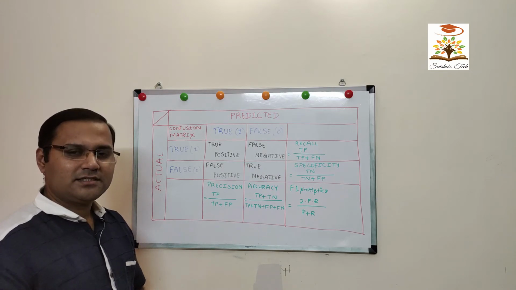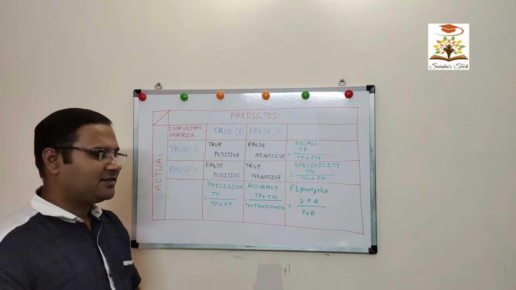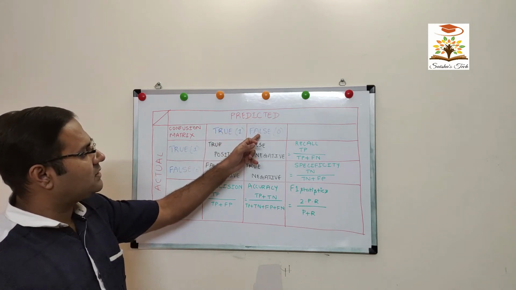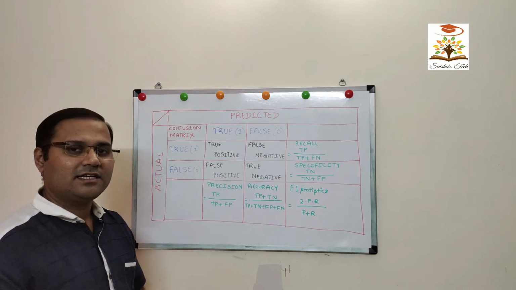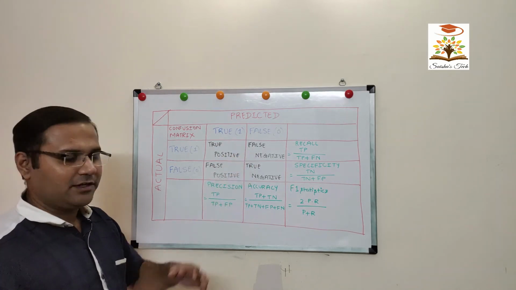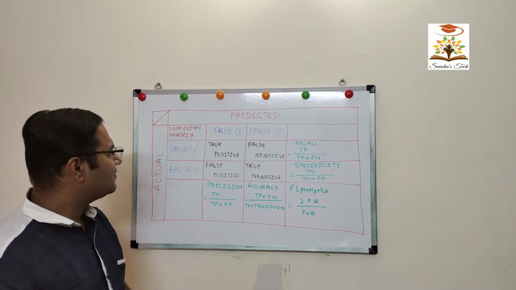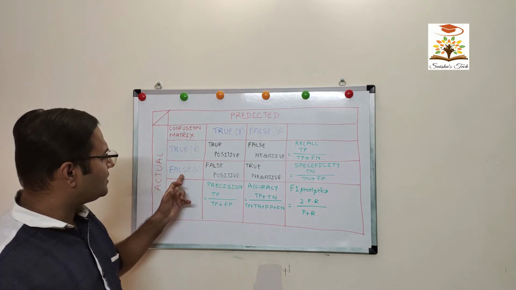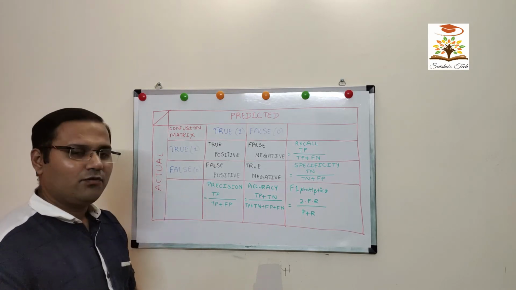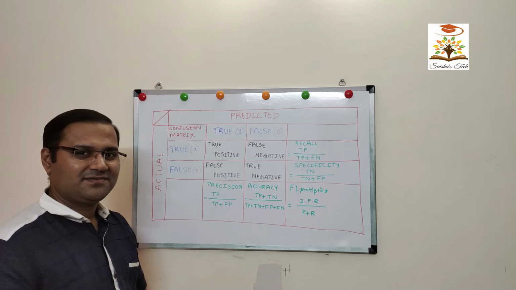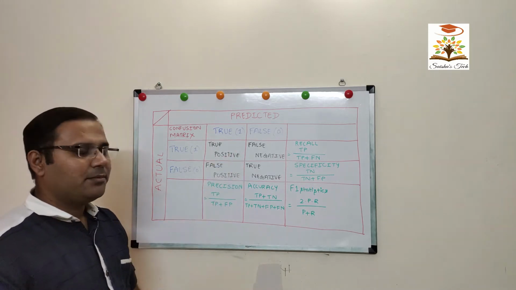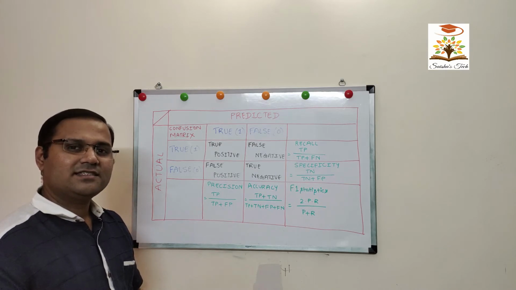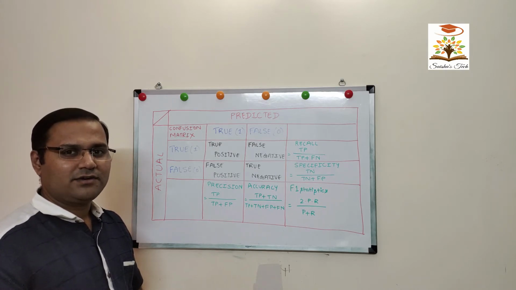There are a few errors in prediction, like when actually it is true and you predict it as false, those cases are classified as false negatives. Similarly, if predicted is true but actually it is false, then we call them false positives. These were the four main terms of the confusion matrix. Now let us understand the metrics of the confusion matrix.